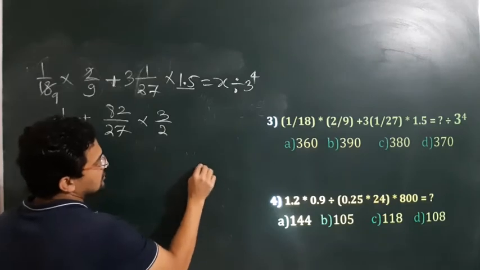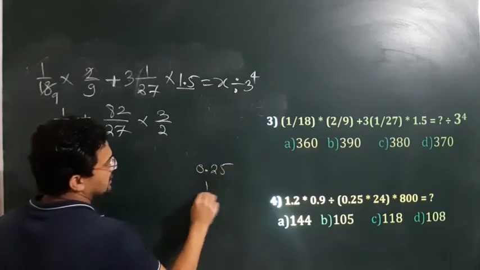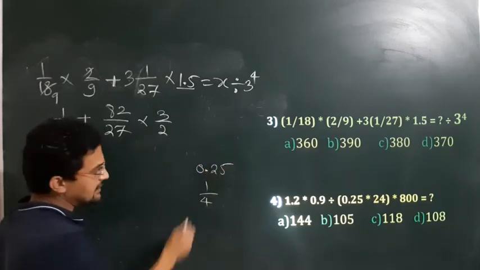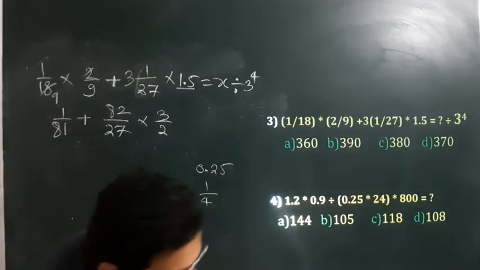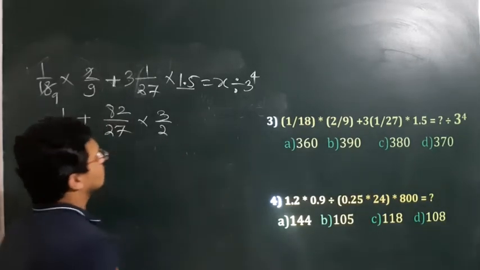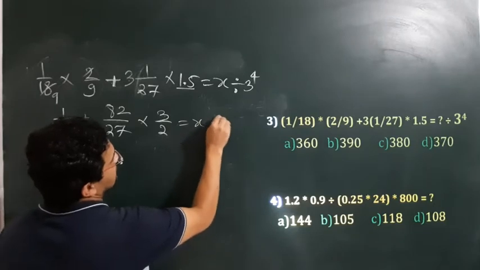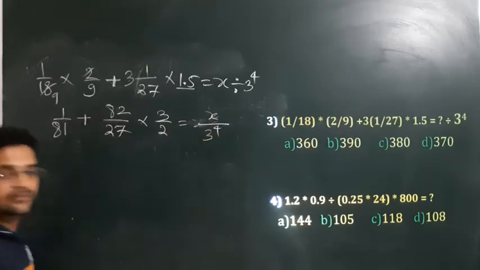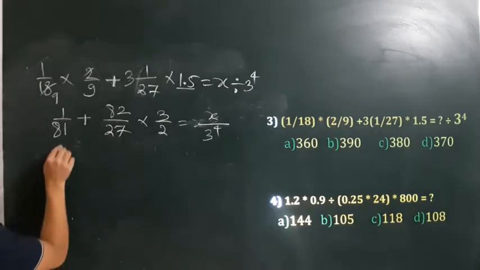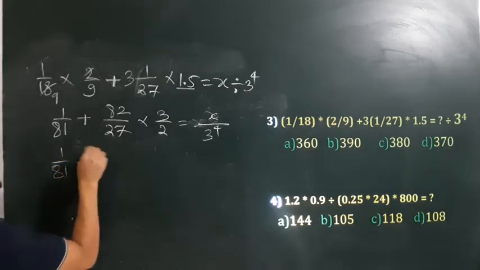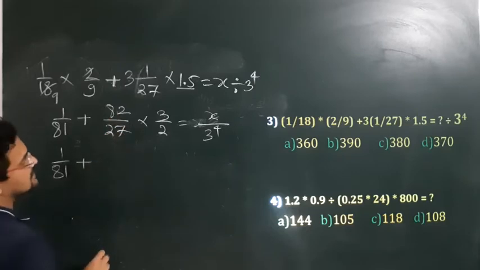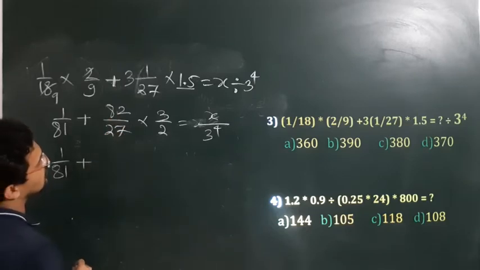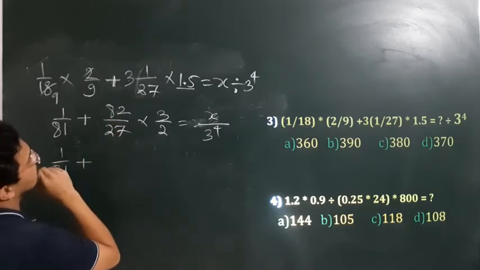Okay, because by using the 1.5 it is a little bit difficult to solve, so make this in fractions. So 3 by 2 can be written as 1.5. Otherwise, if it is 0.25 it can be written as 1 upon 4. Okay, it is very easy to calculate the further things. Okay, so next is equal to what? X whole divided by 3 raised to 4. Now, okay, so it is 1 upon 81 plus this can be divisible by 3,